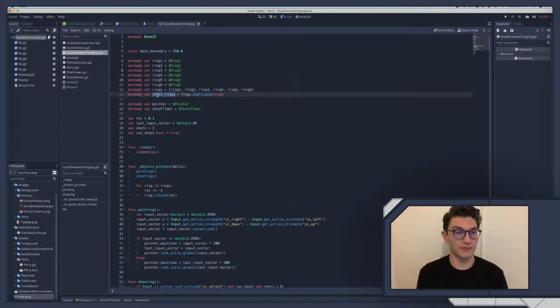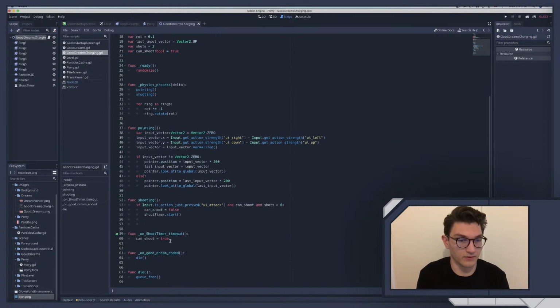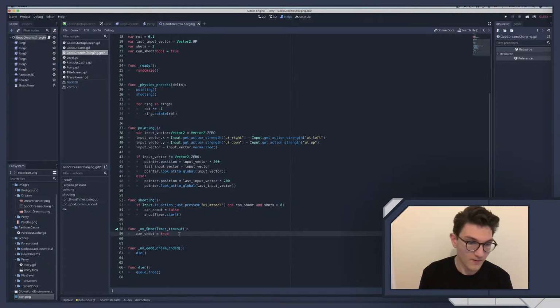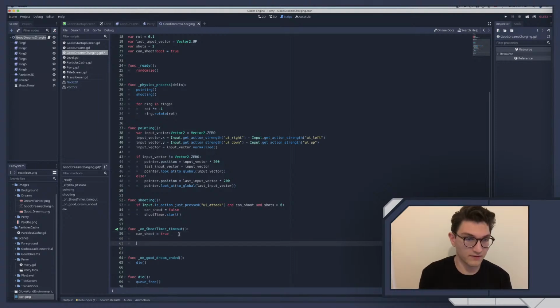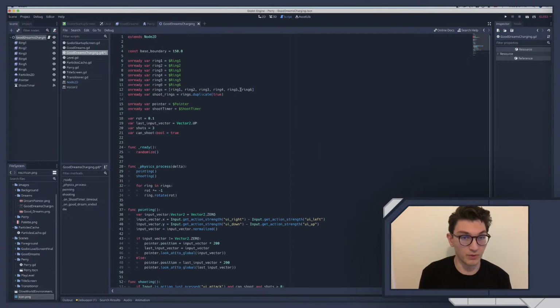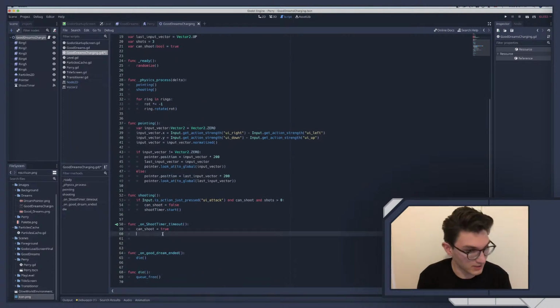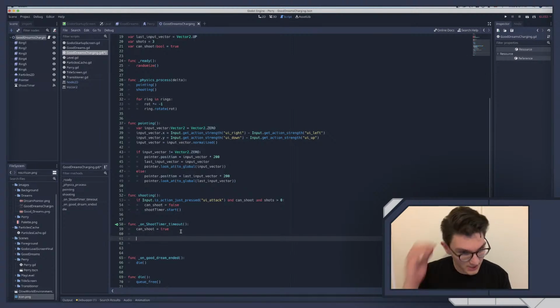So essentially, we're going to make a copy of rings. These are going to be called shoot rings. You can call them ammo, whatever. I know it's a horrendous name. And the idea is that right here, we're going to make 2 of those rings disappear. And the way I thought of to do that requires that you're going to have to remove some of these, or we'd have to make another list. So I'm going to say,